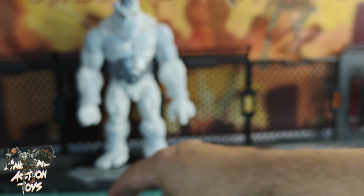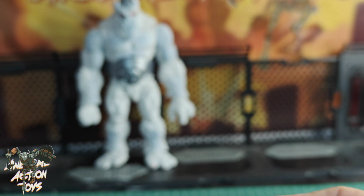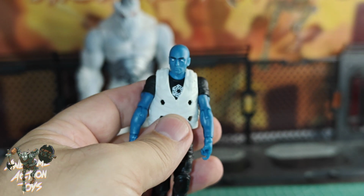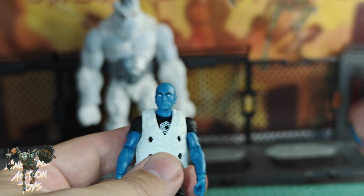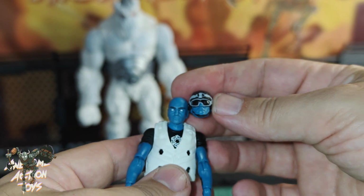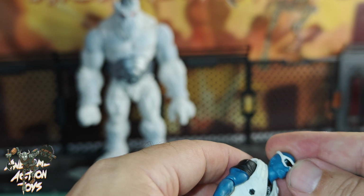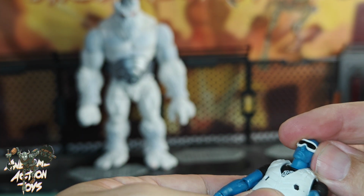So I like that idea. Let's put that, okay, standard head back on. This is my favourite of the heads. I prefer it to this one of hair. This one's pretty cool as well. And I think that the goggles should fit really nicely. Yeah, that's as